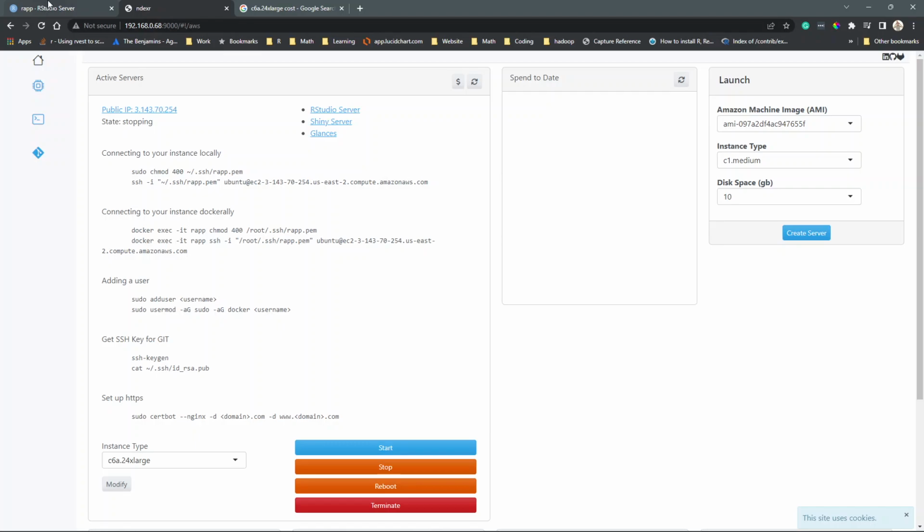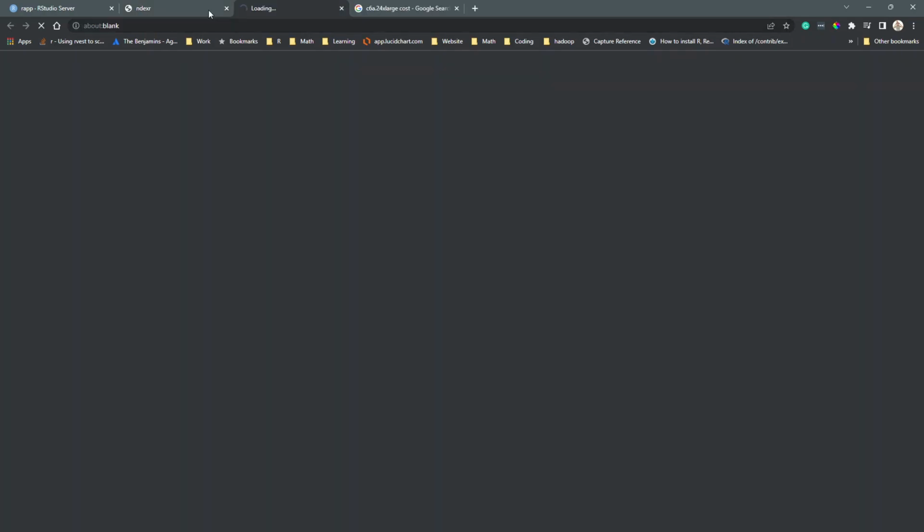So stopped. Let's go back to something a little bit more tangible for a demonstration. Let's do just a 2x large. We'll modify, and then we'll start. So the instance is starting back up, but you notice that even whenever it was stopped, the IP address was there, and as we're starting it, that IP address is there. And once this actually gets up and running, which it should shortly,